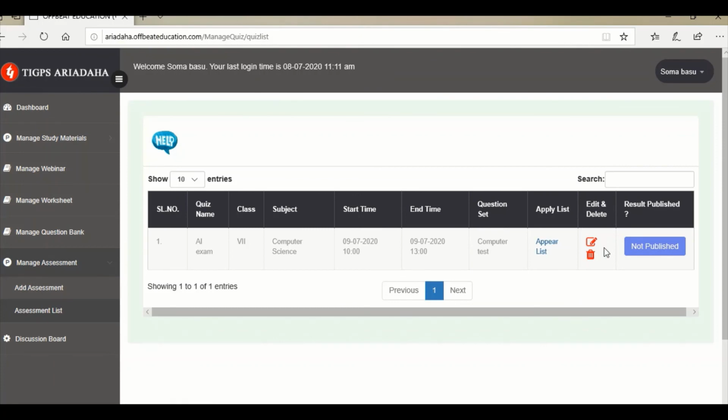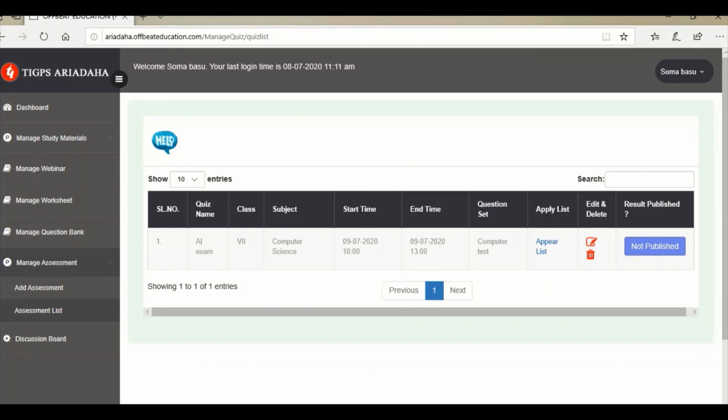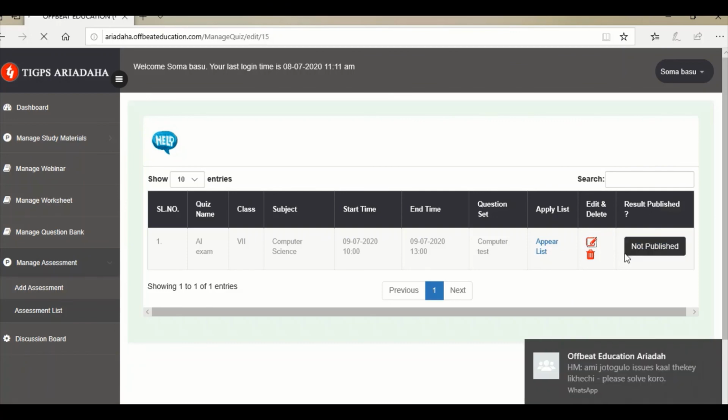Delete or edit. Suppose you want to delete or edit your paper, then you can do this. And this is for published or not published. If you give the published option, then it will go to the student and student can see. Okay, and this is the edit option.